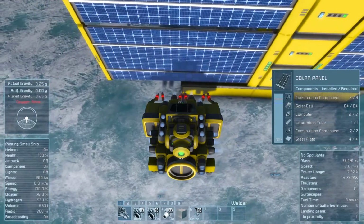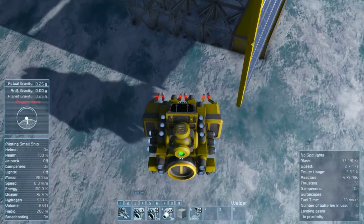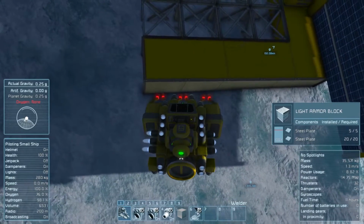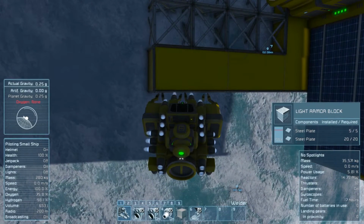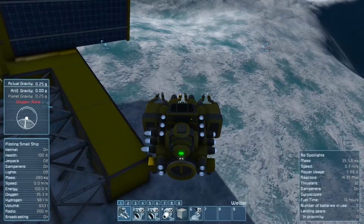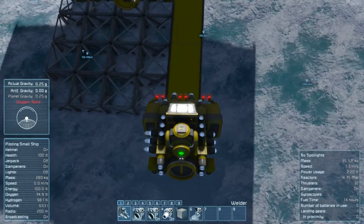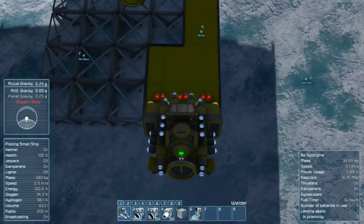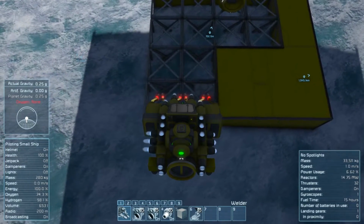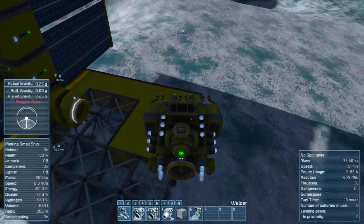All right. First battery charging station is almost complete. Oh man, those 4 tiny little thrusters are not nearly enough to push around 35,000 kilograms of weight. Steel plate? I think I ran out of steel plate. Okay, I'm just gonna...